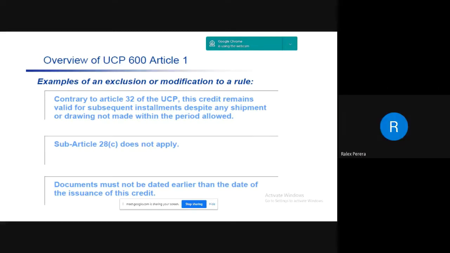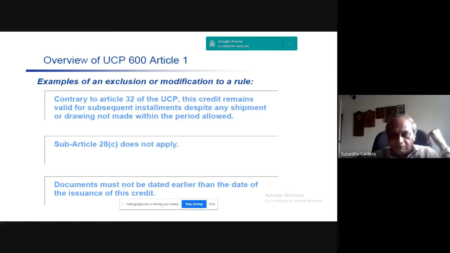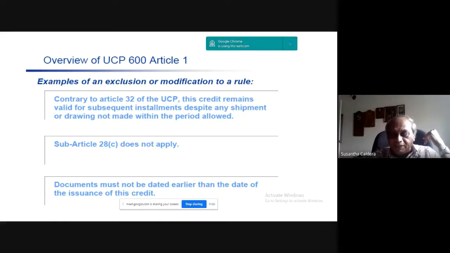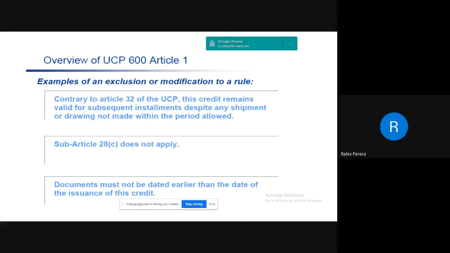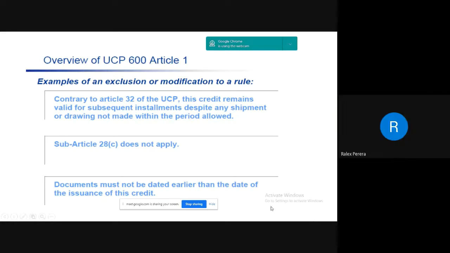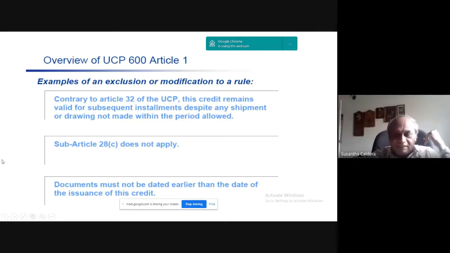Excuse me, sir. Why can't we take the cover note? If a cover note is valid for how many days? Maybe 15 days, 30 days? 14 days, two weeks. Some insurance companies are issuing for 30 days. Sometimes. But as a practice, as per Article 28C, the banks will never accept cover notes because the shipment itself